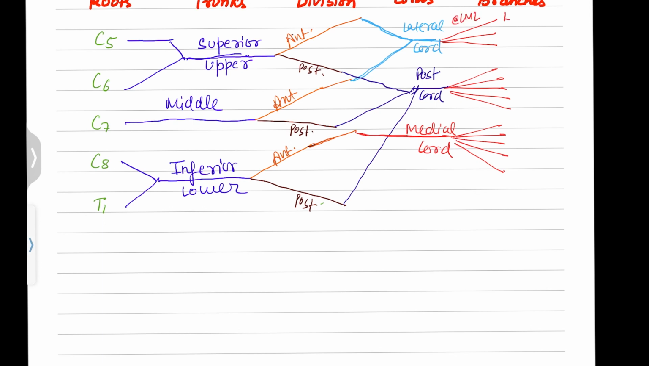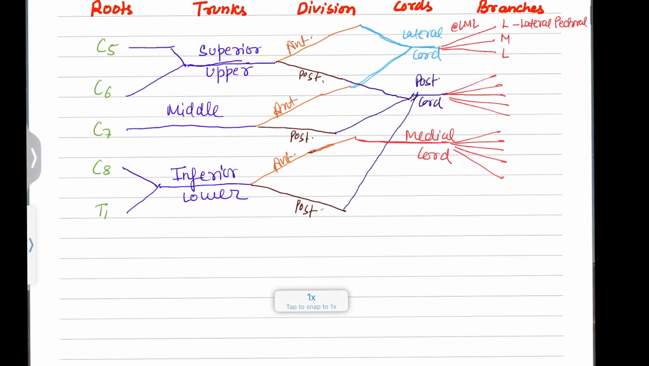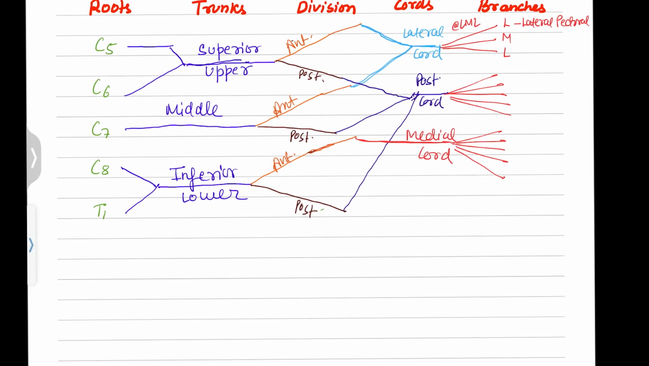The first would be LML. From the first L you should know that it is the lateral pectoral nerve. And from the M, that is one of the very major nerves of your body, the musculocutaneous nerve. And another L will be the lateral root of